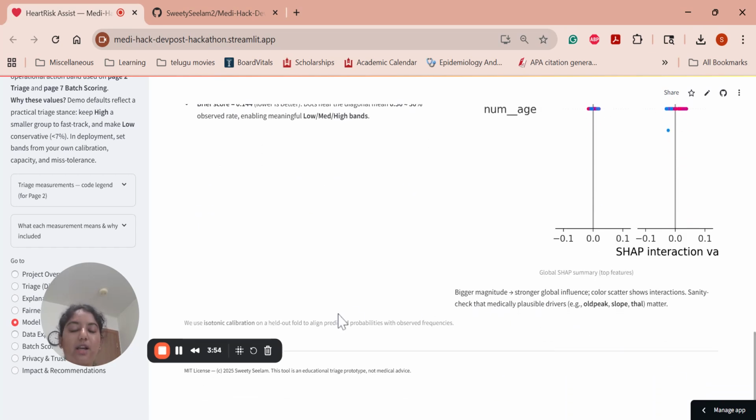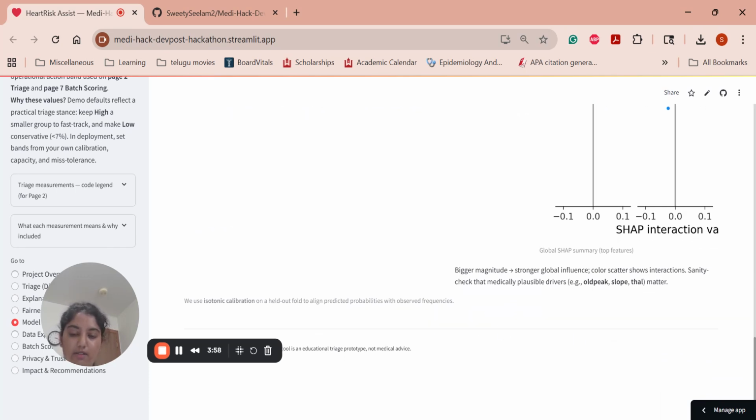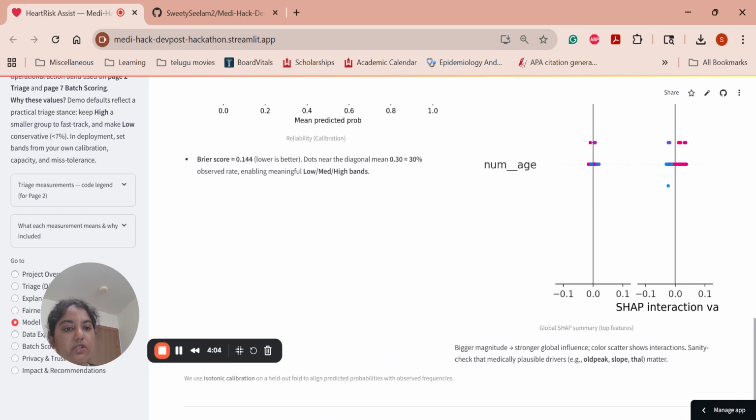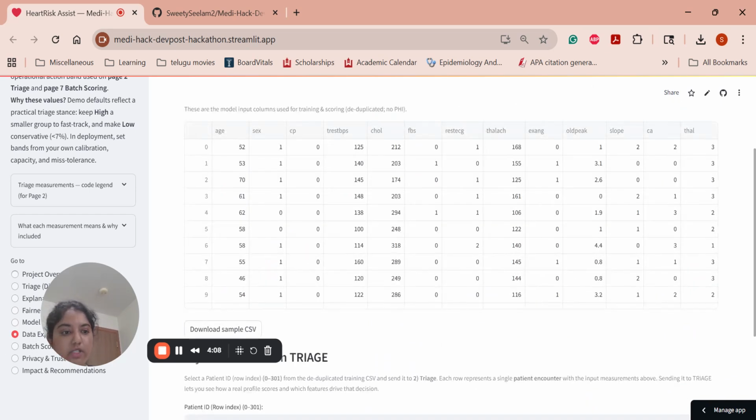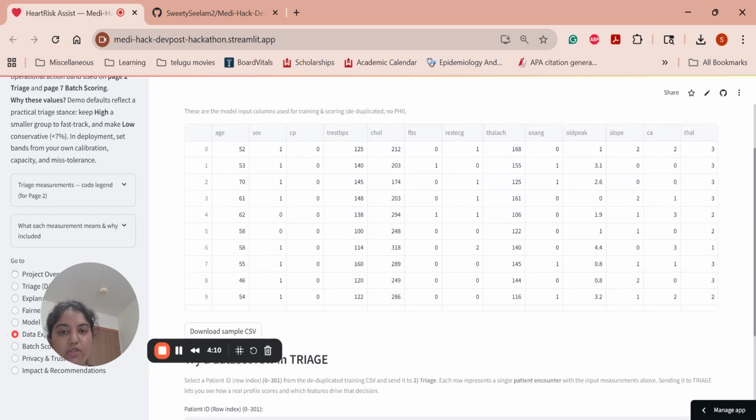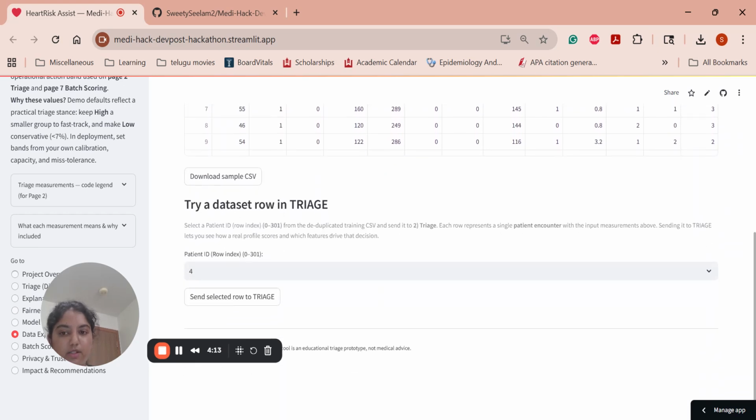So I selected the random forest as the best, ultimate model for my analysis, and ran the training and all the analysis based on it. And here SHAP shows what features influence the risk. Then on the data explorer, the sixth page, you have a sample data set from our analysis, and you can